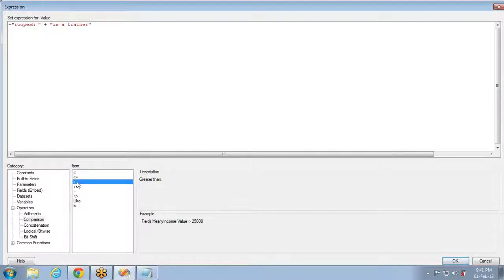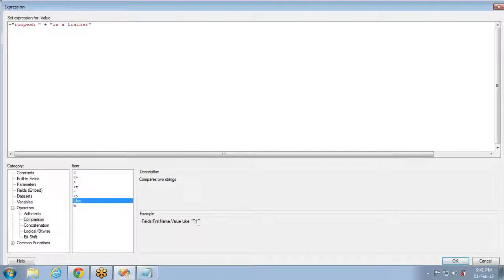So less than or equal to, greater than or equal to, and equal to, that is comparison operator, and not equal to this one, and like. If you observe the like, while giving like, you have to use star. T star means all the names that start with the T, or star T star you can provide like this, just like in SQL Server.